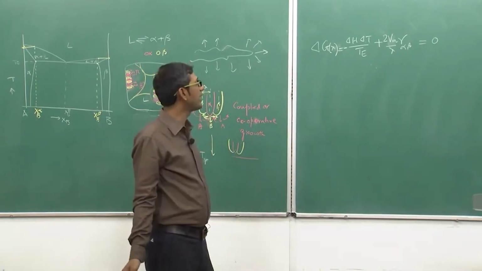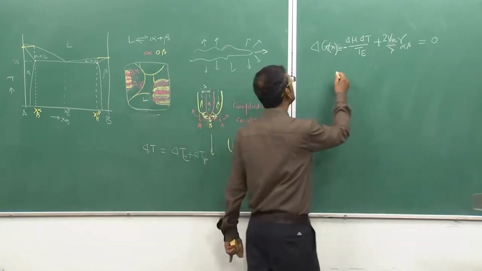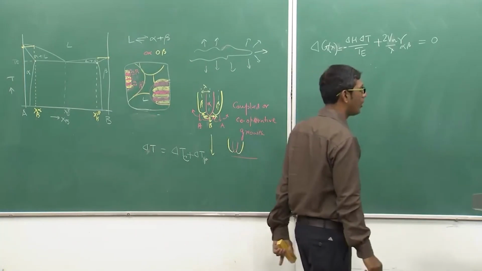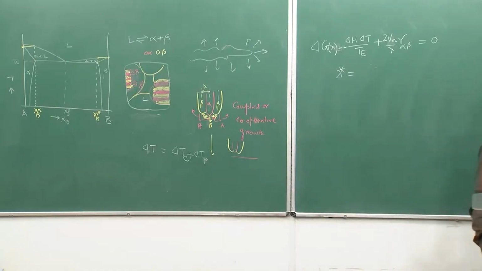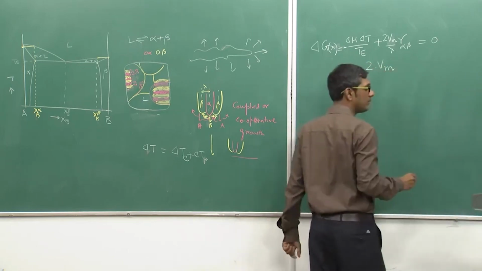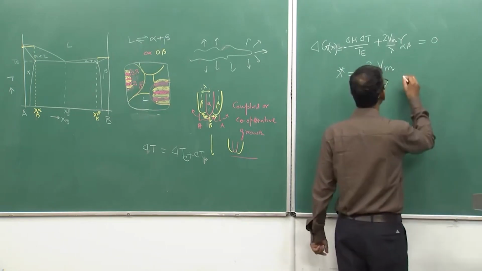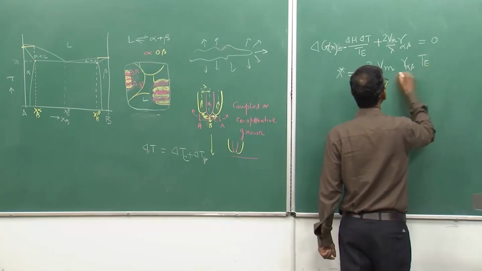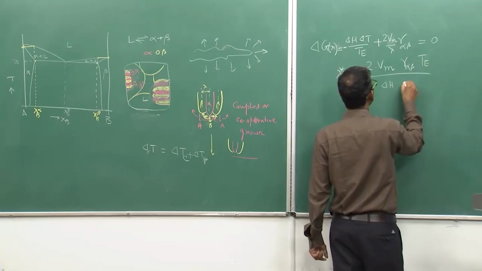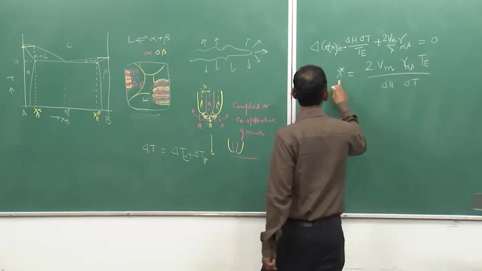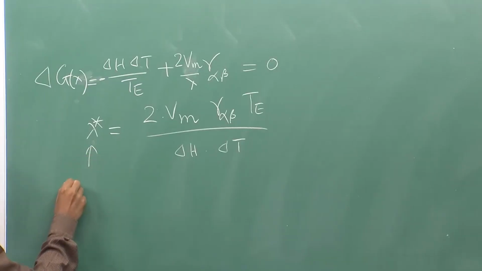That means there is no finite driving force available. So this will give me lambda star, the minimum value of lambda, and that is equal to basically twice Vm and gamma alpha beta, the surface energy, Te divided by delta H into delta T. It is very simple, you just simply back calculate and you will get it. This is the minimum value of lambda, you cannot have less than that,